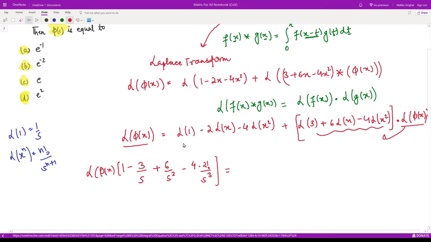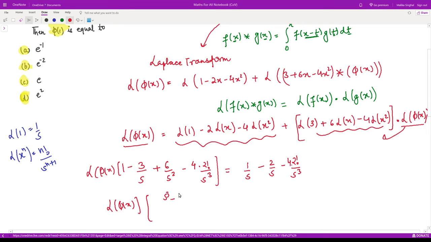Right? And on the right hand side we have these terms, right? So Laplace of 1 is 1 upon s, minus 2 upon s, minus... here it would be x square. So it would be 2 factorial divided by s cube, right? 4 times of this thing, right? So the Laplace of phi of x, if we simplify this, what would be that? It would give us